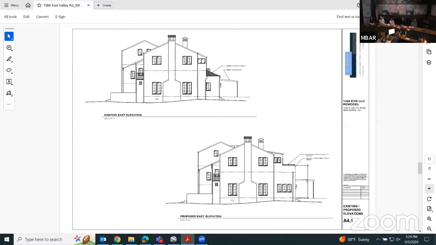I think I'm good with everything else. I mean, the existing drive is the way it is. Normally, as we've talked, we wouldn't have two curb cuts, but it's already there, so I'm okay with that as it is. So I think generally, it'd be interesting to see